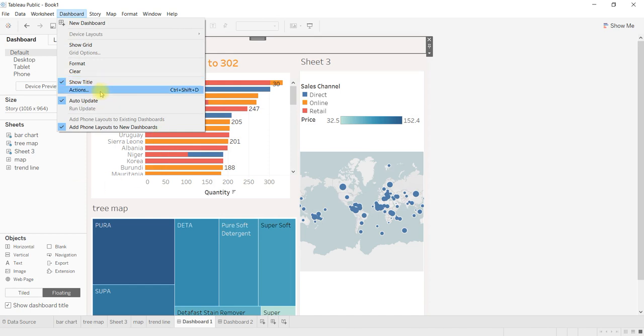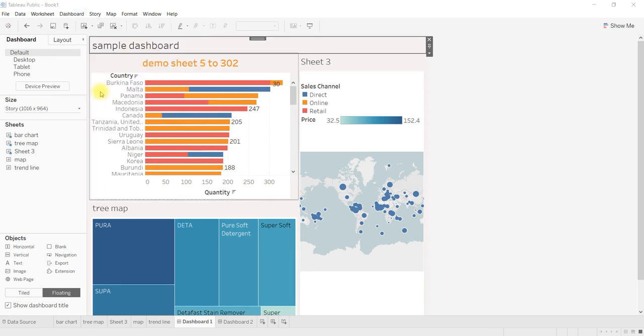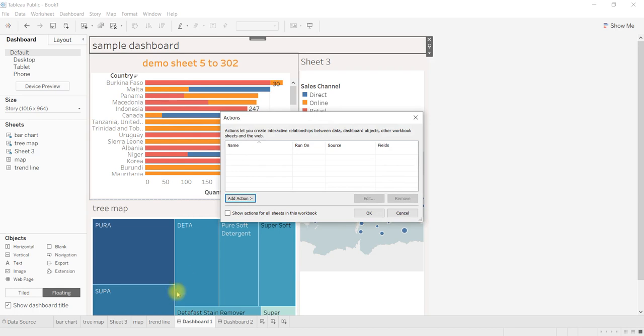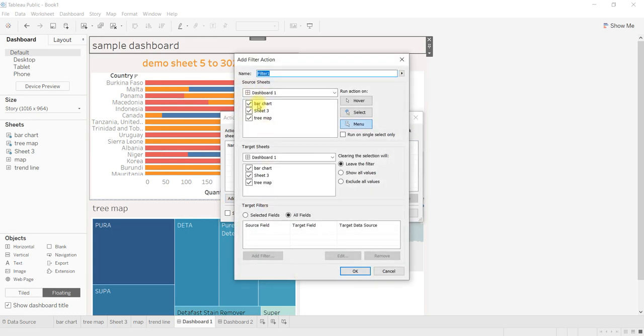Similarly, actions again. For example, if one chart is filtered, everything should be shown, so actions, add actions, filter. Which chart am I controlling? This one bar chart I am controlling, so select the bar chart. Which charts are to be filtered? I will say all three charts to be filtered when it is selected.